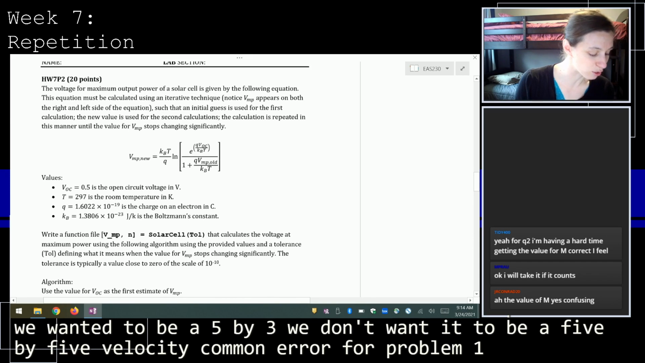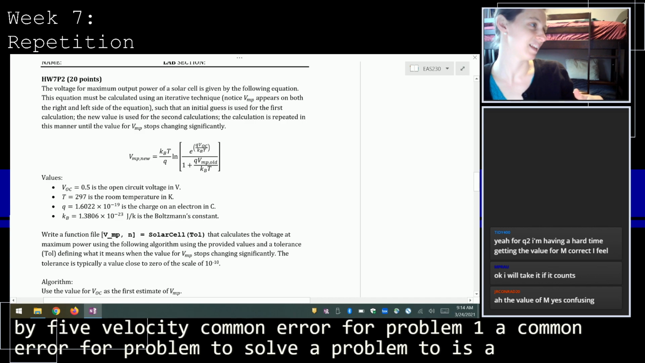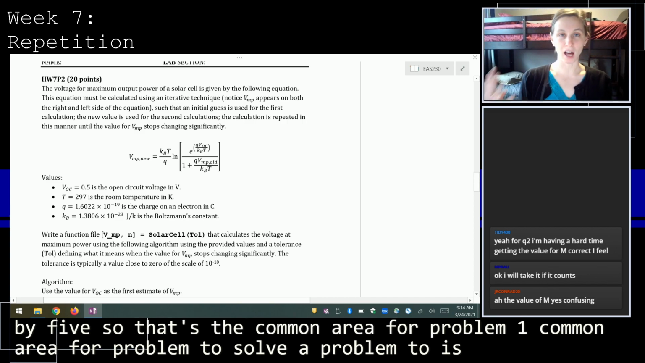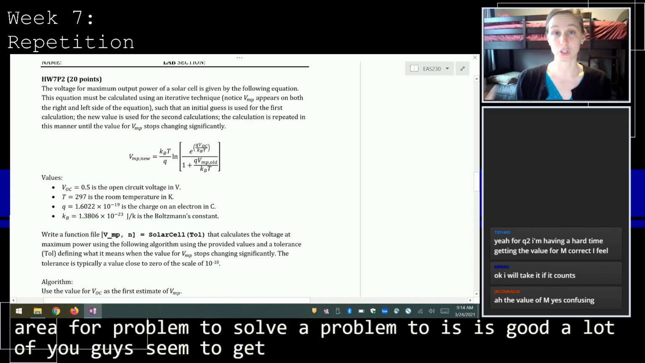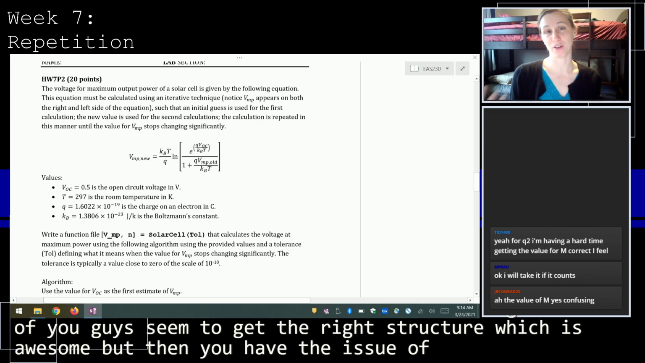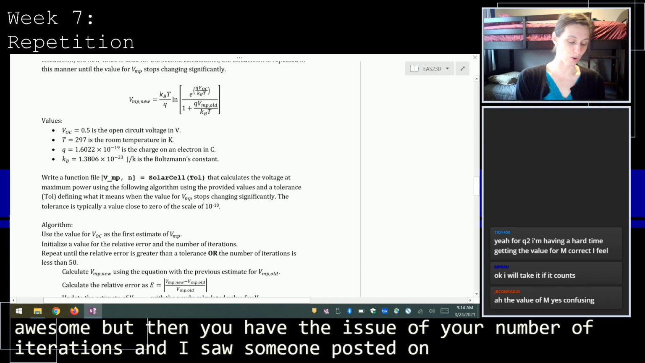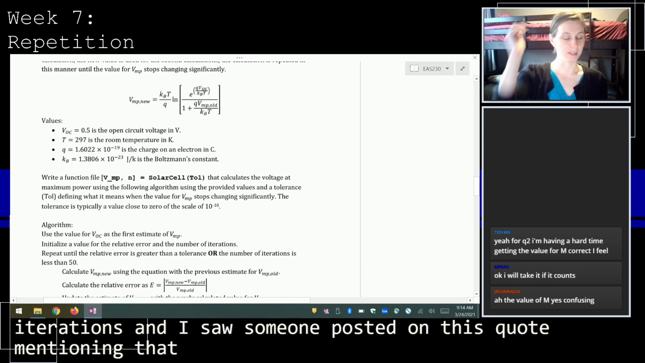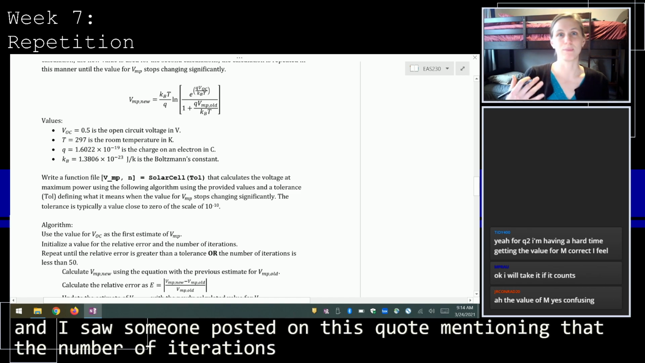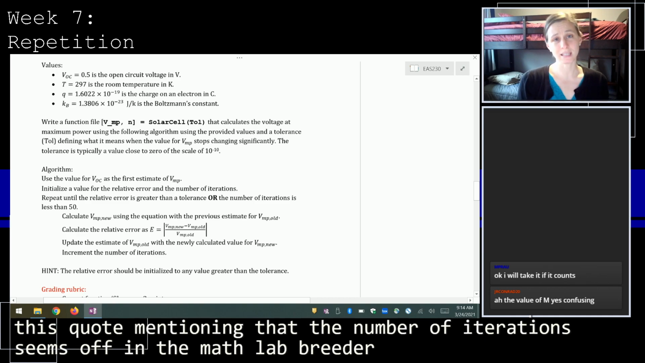Common error for problem 2. So problem 2 is good. A lot of you seem to get the right structure, which is awesome. But then you have the issue of your number of iterations. So I saw someone posted on Discord mentioning that the number of iterations seems off in the MATLAB Grader. So I want you to keep in mind